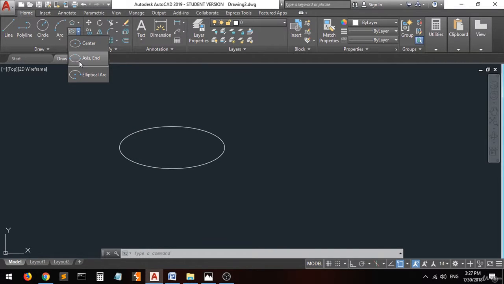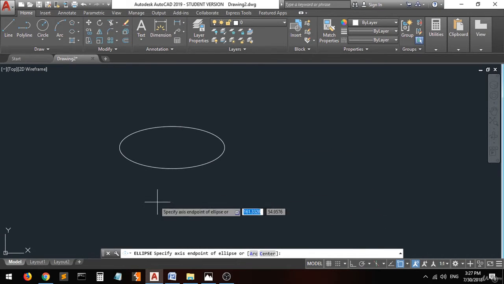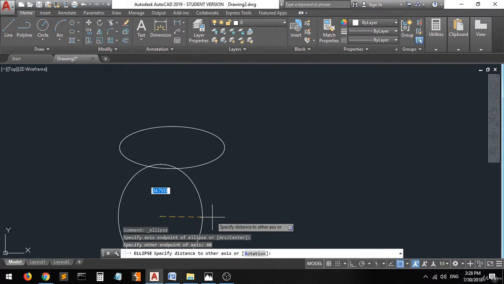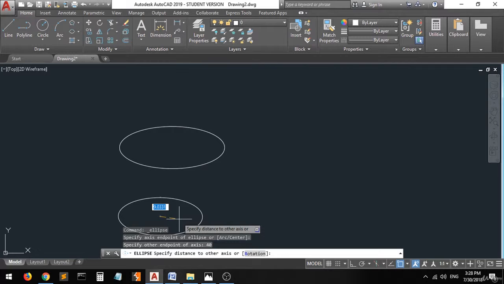Let's go to the other one, the axis end. When you choose this command, it tells you to specify the axis end point of the ellipse. So you go to the end point, then it tells you to specify the other end point of axis. So let's set it to 40, enter, and now let's set the other axis to 8,